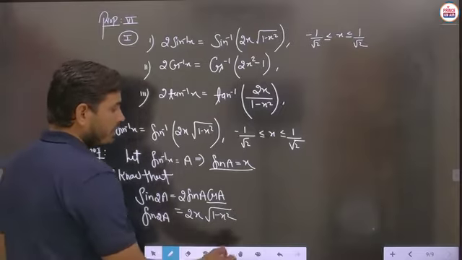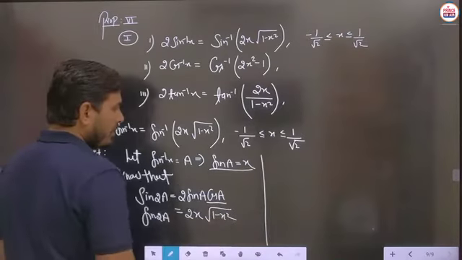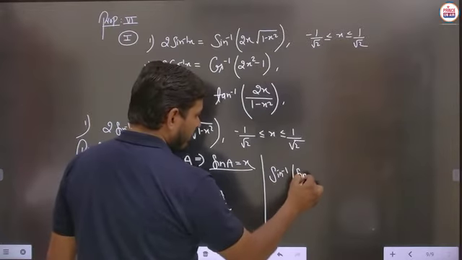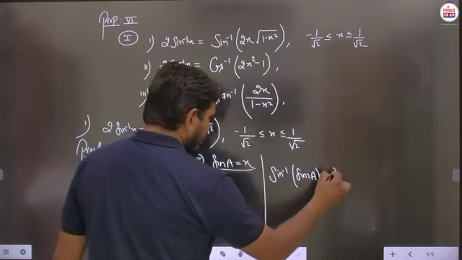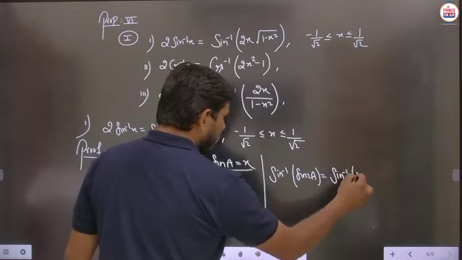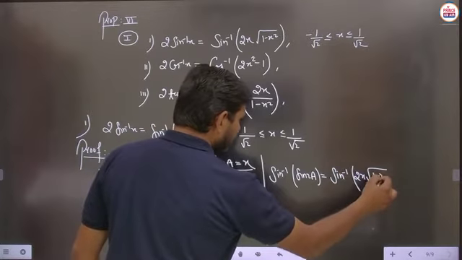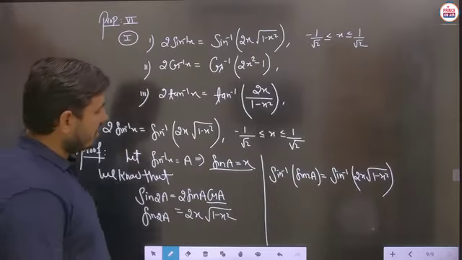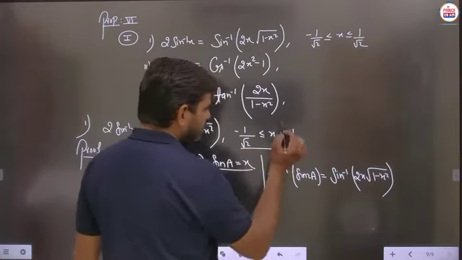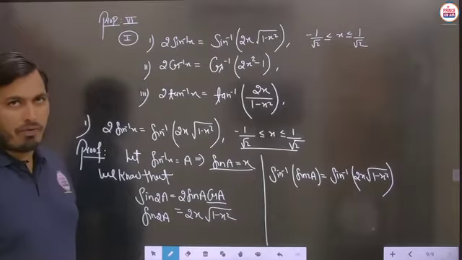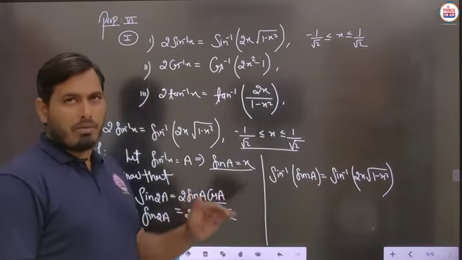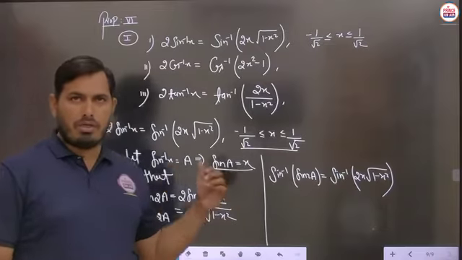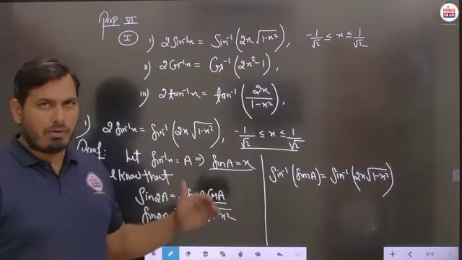Now taking inverse both sides, sin inverse of sin 2a we write here, and in this case we will write sin inverse of 2x under root of 1 minus x square. Is it clear? Now the condition is to be verified. This condition is for what? So definitely students, we remember the very first property, and the very first property is used in each and every kind of property where we have to see the proof.